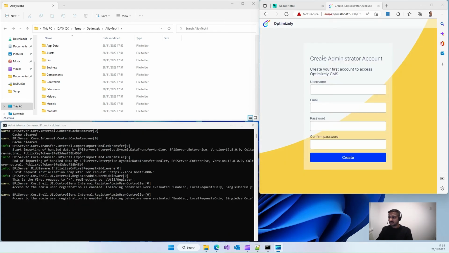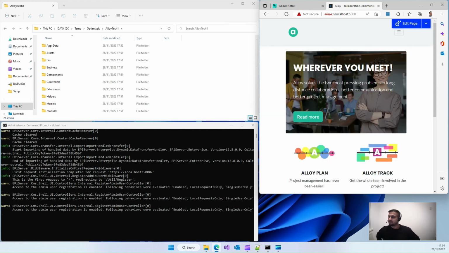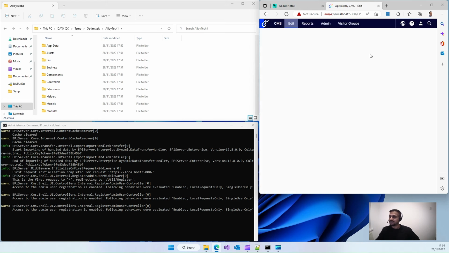The first screen that gets presented to you is the account creation page. Here you can put in a username, email, and password for an admin account. So I'll keep it simple, use admin, use my email address, and a simple password. Once done, and click create, it will redirect me back to the home page